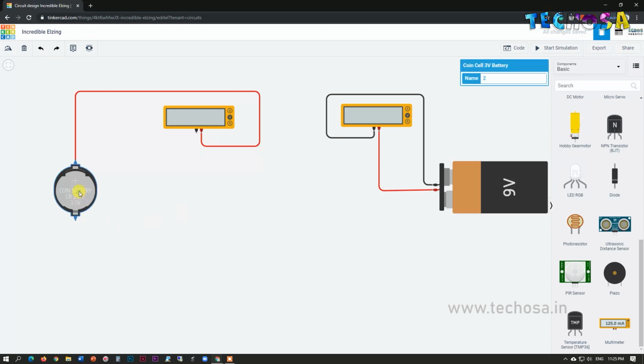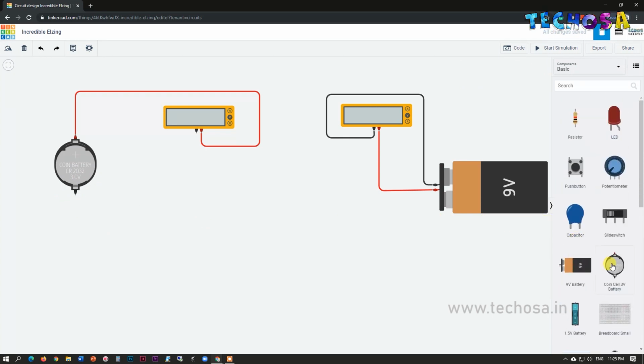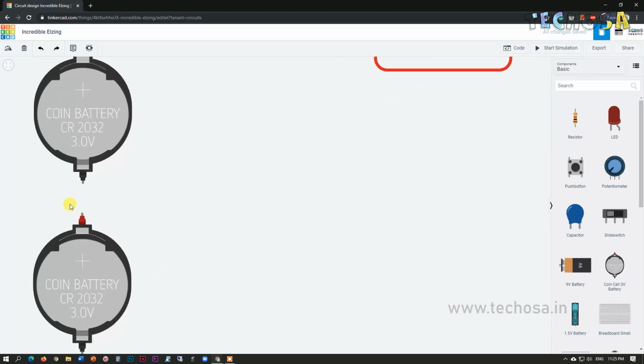For that, first remove the negative connection and choose a second coin battery. Drag and drop it just below the first one. Here we need to connect these two coin batteries. So connect from the negative terminal of the first coin battery to the positive terminal of the second coin battery.